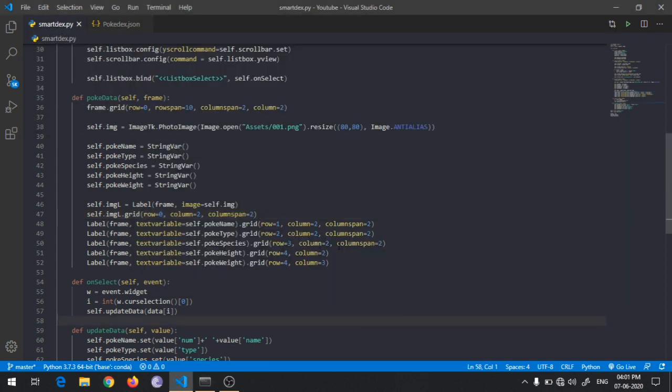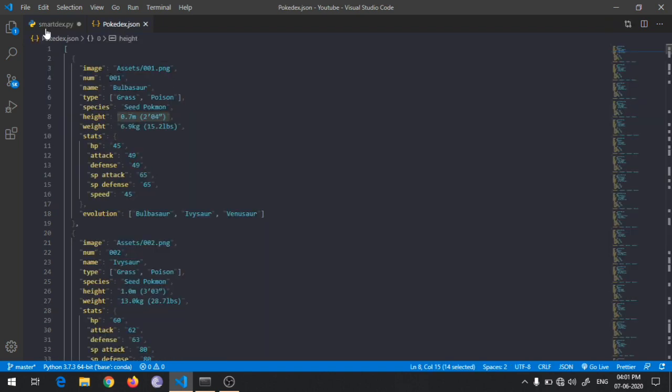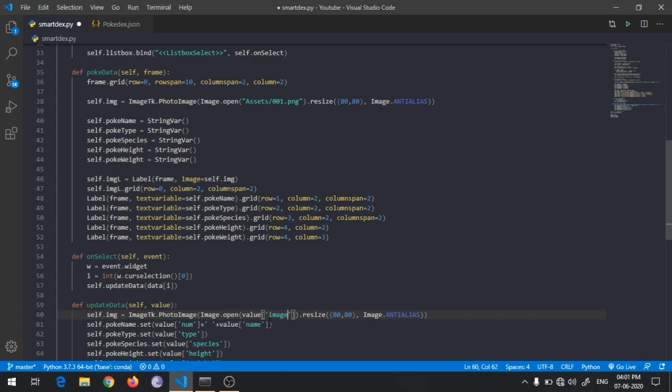because we haven't updated the image yet. So in the update data method, I will be creating the same variable, but this time I will be giving the value as image, because this image stores the location of each Pokemon's image.